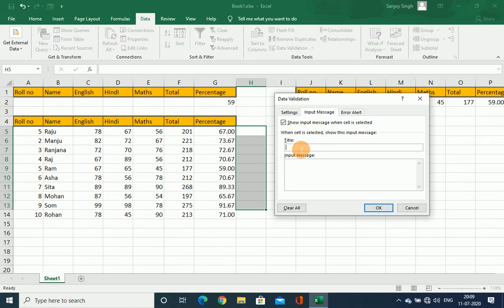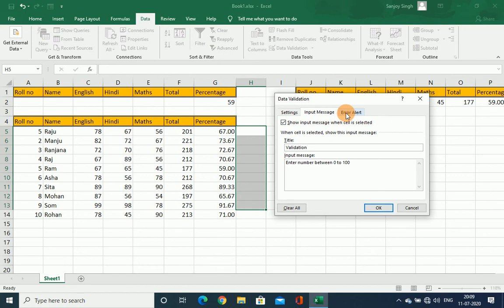Okay, in the input message, you can write enter number between 0 to 100.